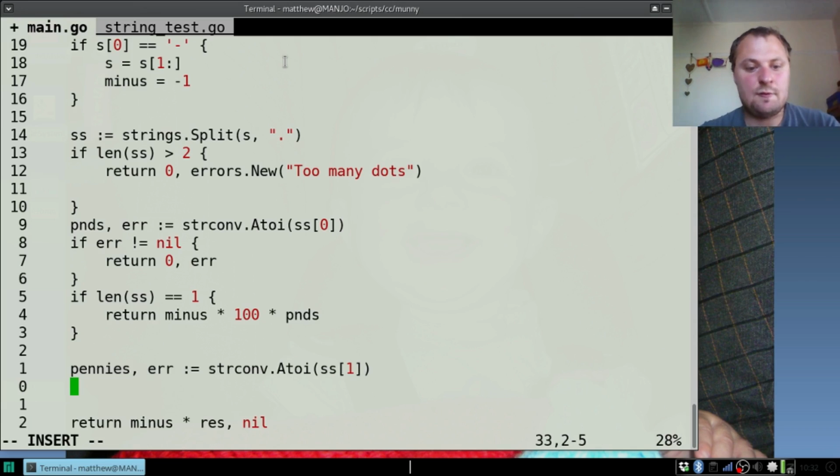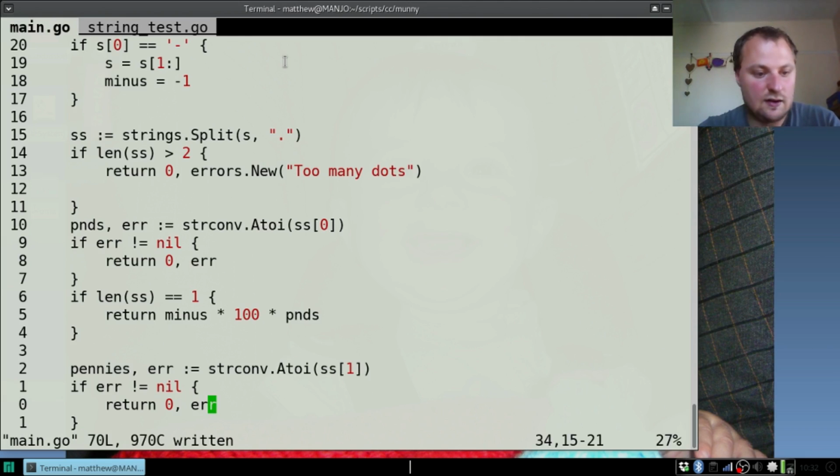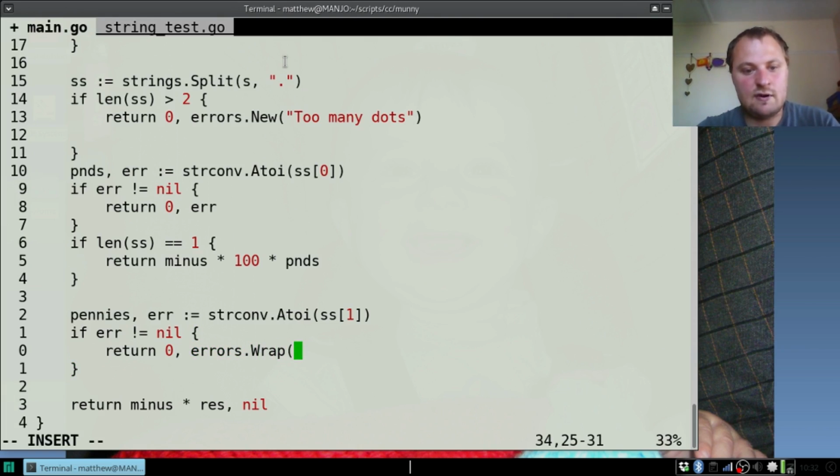So now that we've got our pennies result, assuming there's no error, if err does not equal nil, we need to return 0, err. Probably should do something with that error, like wrap it. Let's do that. errors.Wrap err, could not get